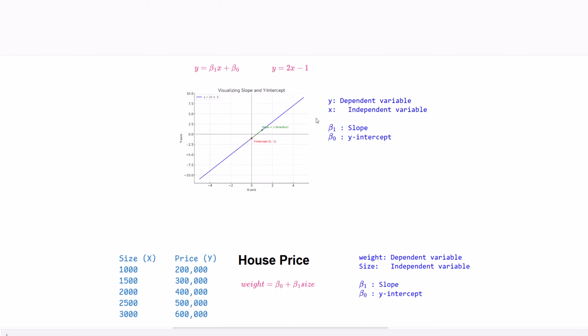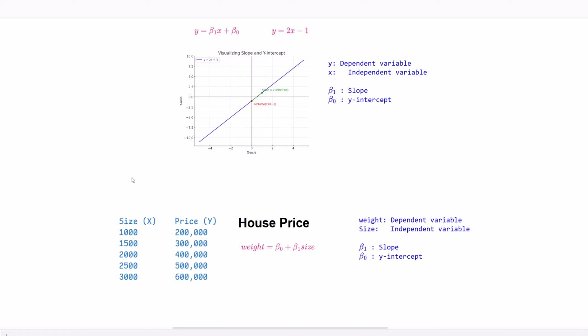Now what's the intercept? The intercept is the value of y when x is 0. For this simple equation, if x is 0, then y is equal to minus 1. This is why the intercept is minus 1 here. Okay, so this is just an overview of the linear equation. Now let's go step by step